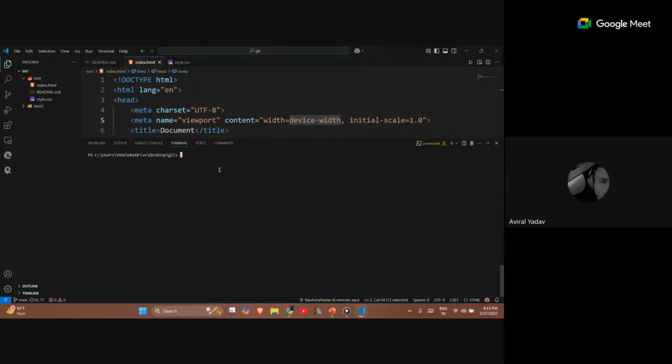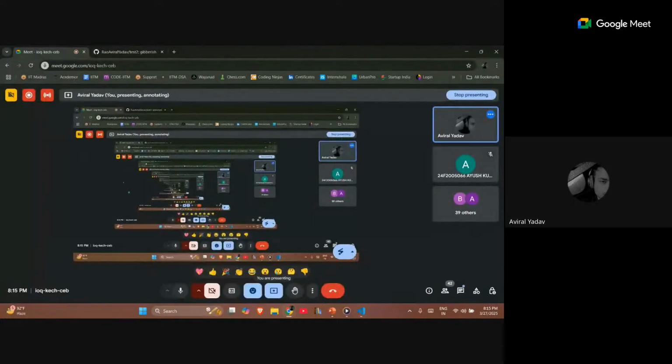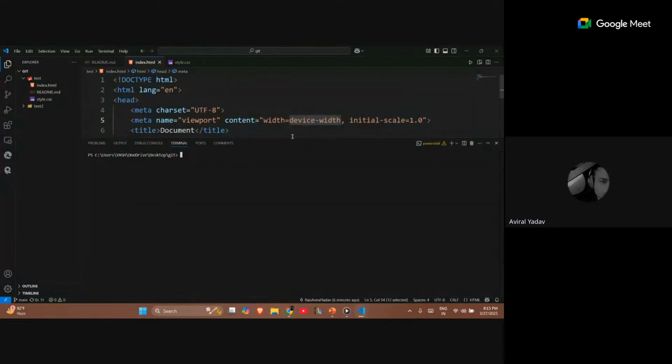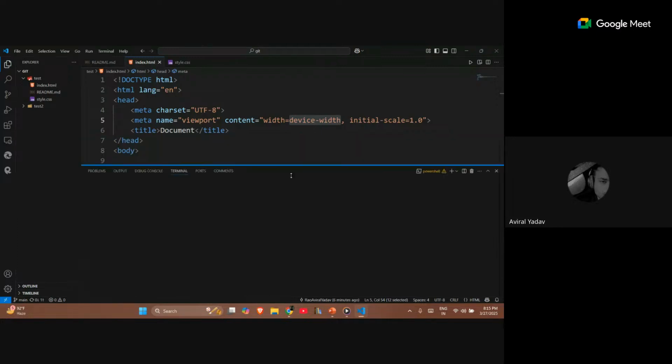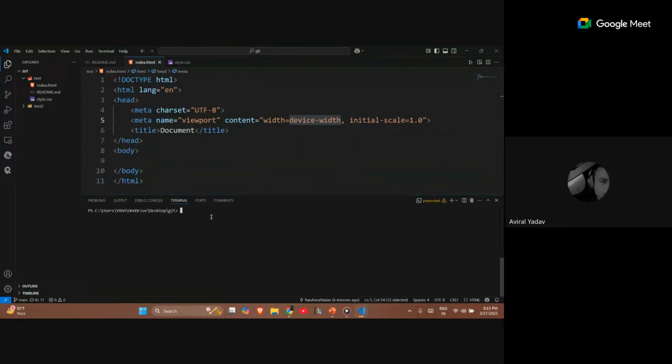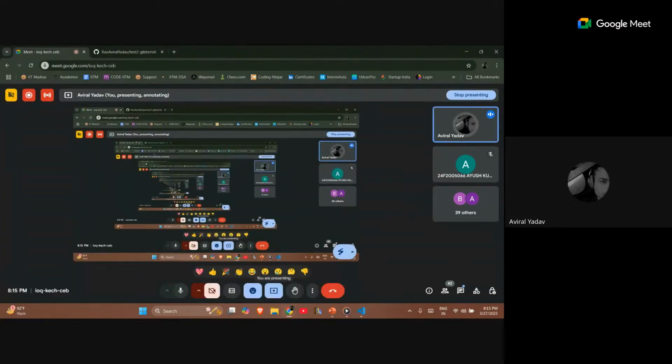I hope that is clear to you all. If you have any doubts regarding this, many of you might have had a problem when pushing. For example, when you're pushing the content to your GitHub folder, a pop-up would have arisen for your editor to log in to your particular account. I hope everyone did that and no one had any problem regarding that.